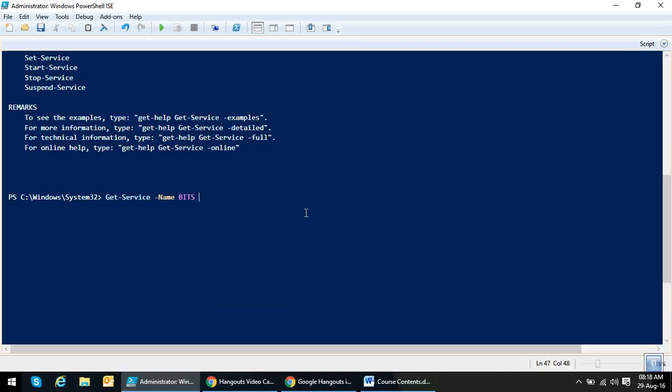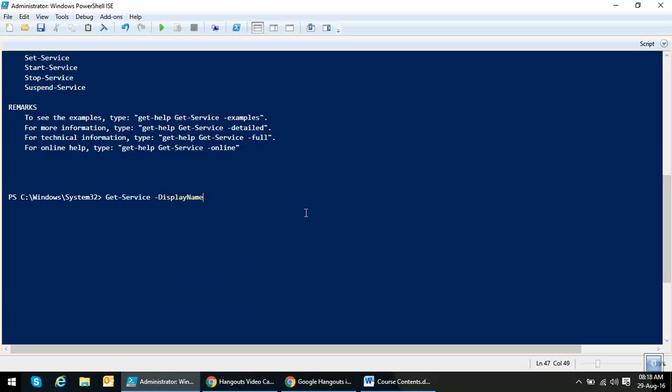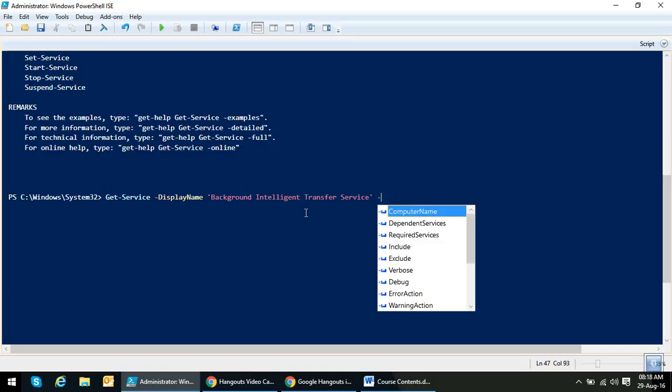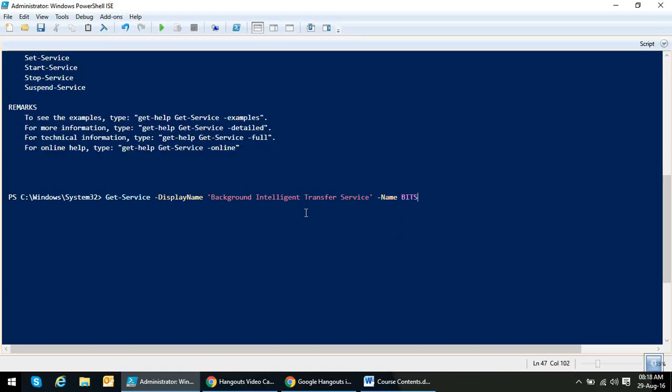This is a big hint or clue to the user that what he is trying to pick is not available for selection. So let's try and see what error you get. I will say display name, background intelligent transfer service, and name. I will forcefully type, though it is not showing it there. I will forcefully type name bits. You will run into errors,